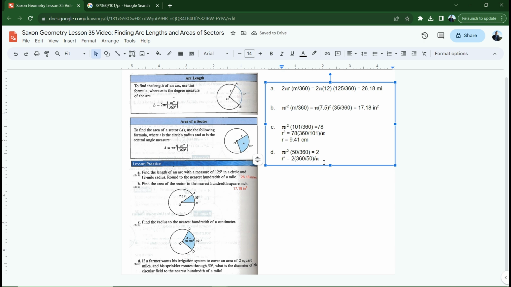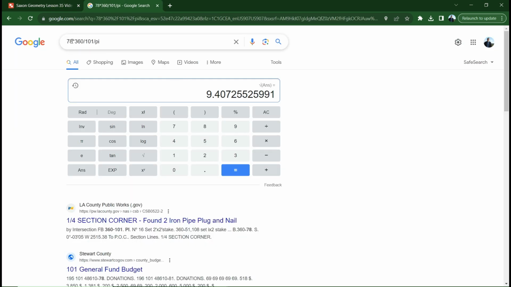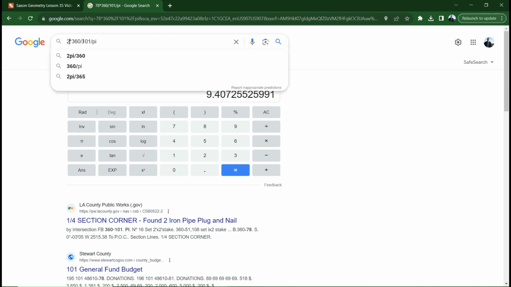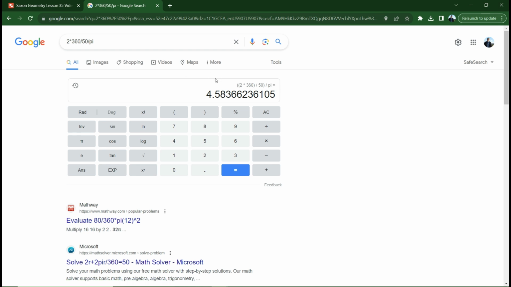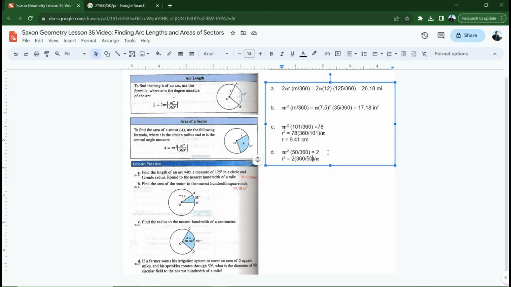So let's go ahead and do that on our calculator. 2 times 360 over 50 divided by pi. That gives me 4.58, but I'm not done yet. I need to take the square root of that. The square root of my answer is 2.14, rounded down. So the radius is 2.14 miles. That means that my diameter must be double that, because it's always 2 times the radius, 4.28